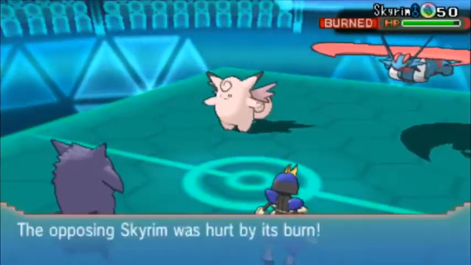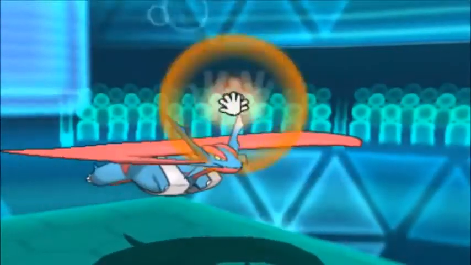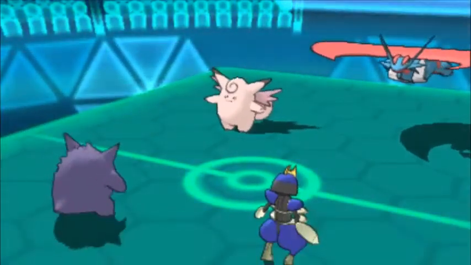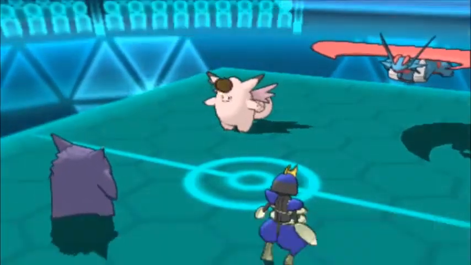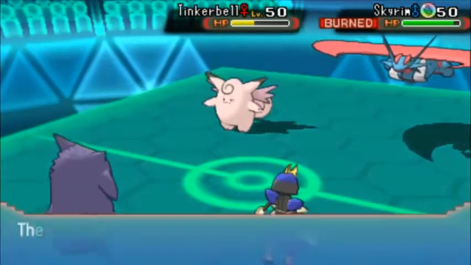Then I went for the Iron Head to take out the Clefable, but obviously it's protected, so it doesn't work. He goes for the Helping Hand on the Salamence to try and get some good damage off. I'm just interested in taking out the Clefable. It does a lot of damage, activates its Citrus Berry,